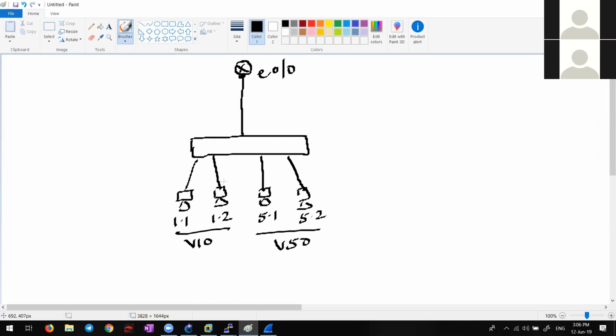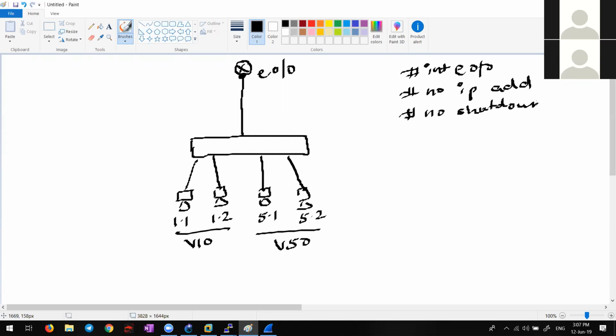Creating a sub interface. Physically there is only one interface which is called E0/0, but logically we are cutting this into billions of sub interfaces. So when you're configuring sub interfaces, you first go into the physical interface, the real interface E0/0. I'm just casually writing interface E0/0, and you make sure there is no IP address and it's also up.